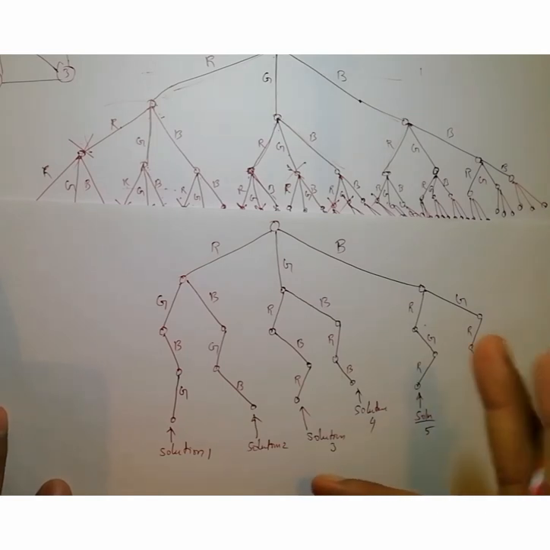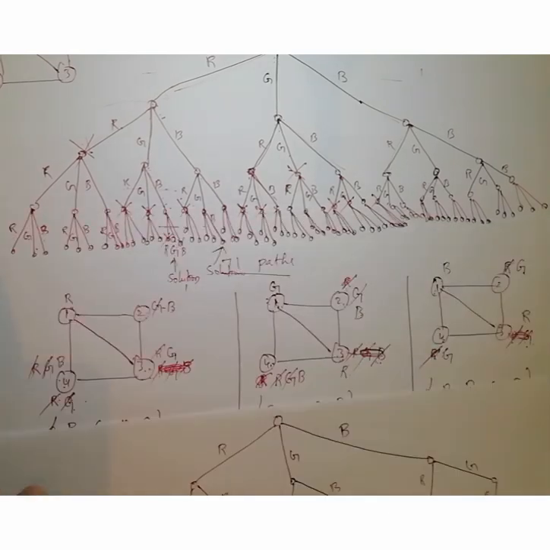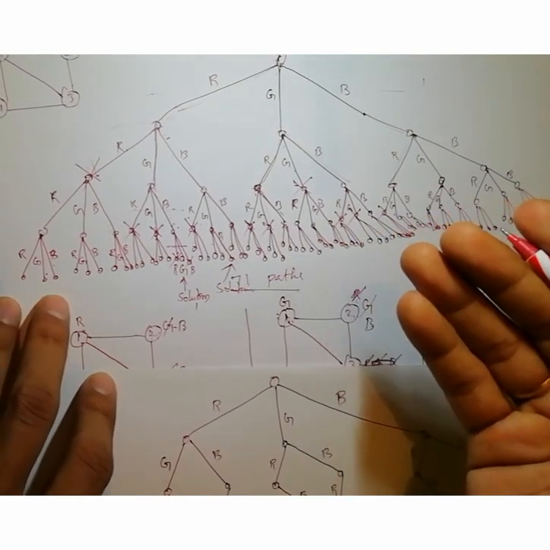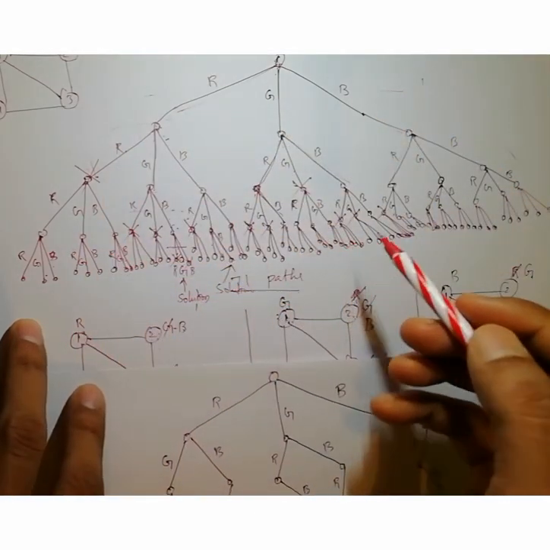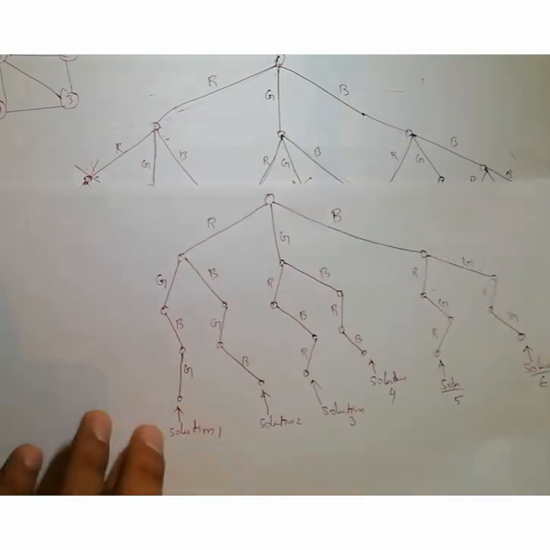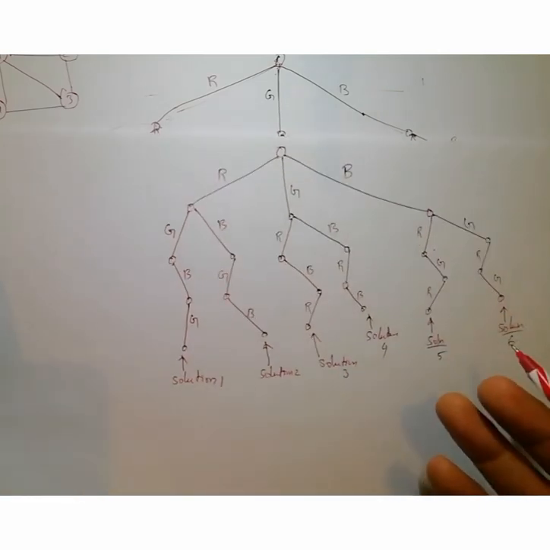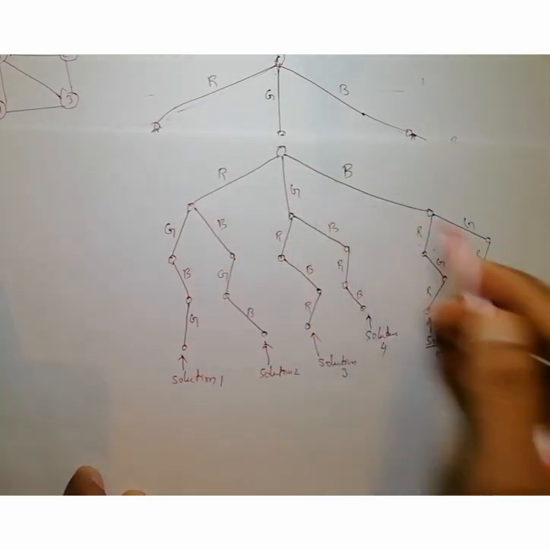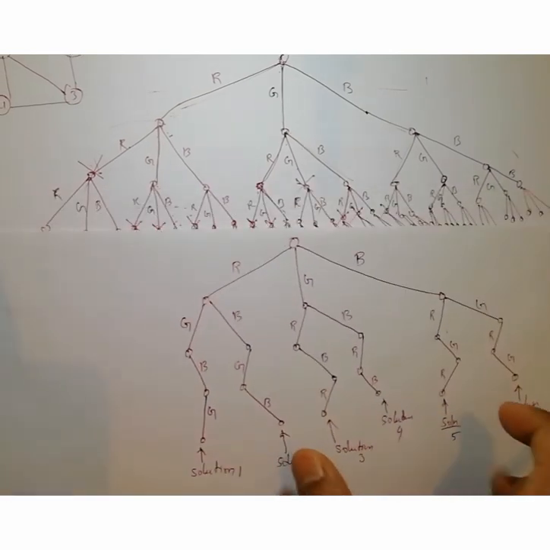What is the constraint? No two adjacent vertices should have the same color. So here, without considering our constraint, without considering our condition, we have a total of 81 paths. This is very difficult. That's why we use the graph coloring problem to solve, finding the minimum combinations. So what are the different possibilities with the constraint? Only 1, 2, 3, 4, 5, 6. So these are the 6 solutions we got by using the graph coloring problem.